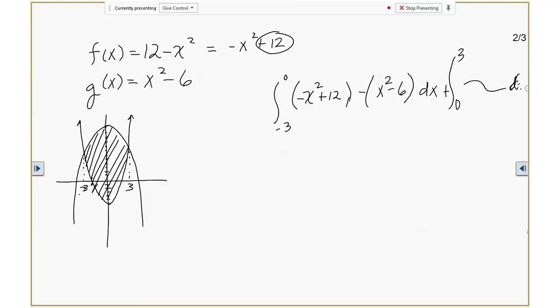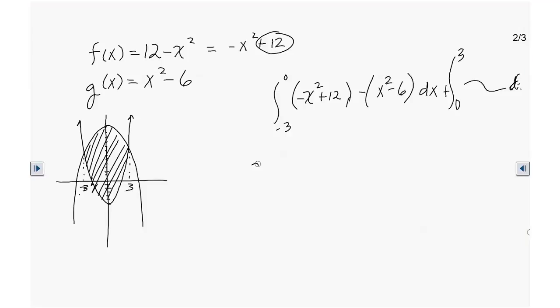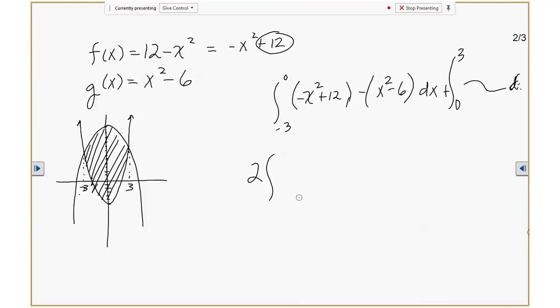Whatever. Or, since this side is symmetrical to this side, and there's no funny business going on with a line going through the middle or anything, this is symmetrical. In other words, they're the mirror image of each other. So you could do 2 and just keep it positive and go from 0 to 3